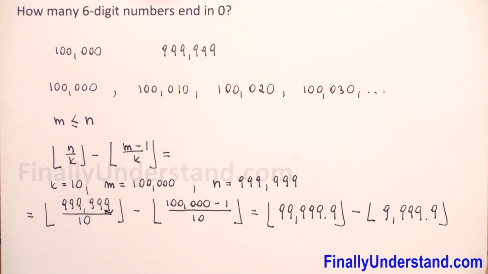Let me remind you, when we have these brackets, it means we have to find the floor of the number. The floor of a number means the largest integer less than or equal to this number. Because we have 0.9, the largest integer less than this number will be